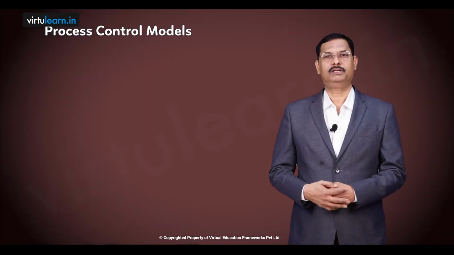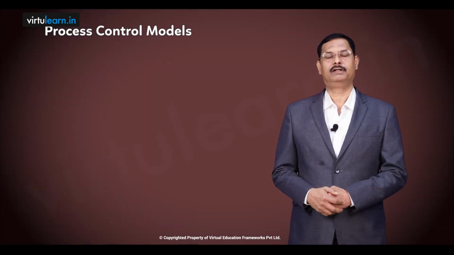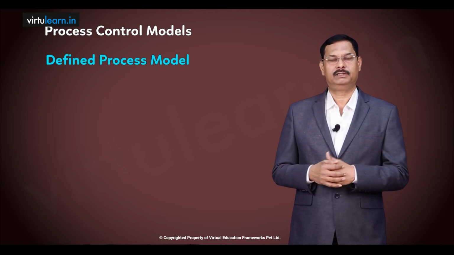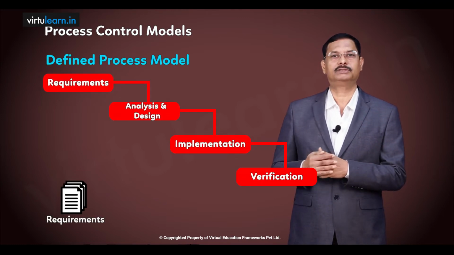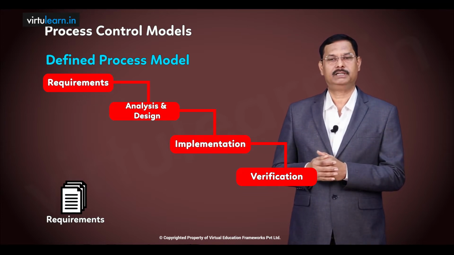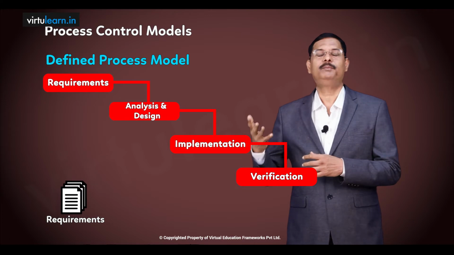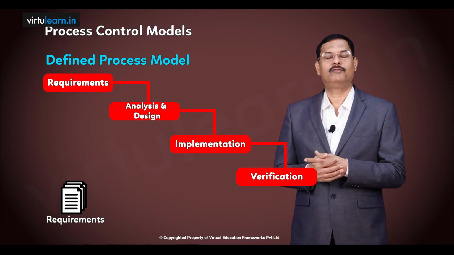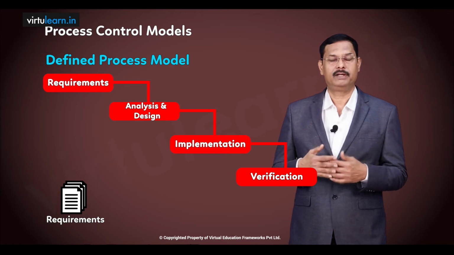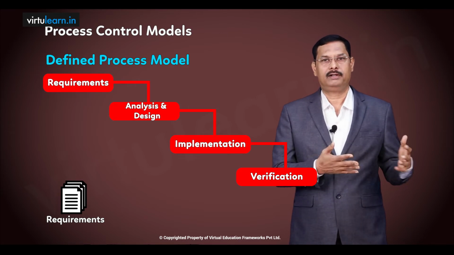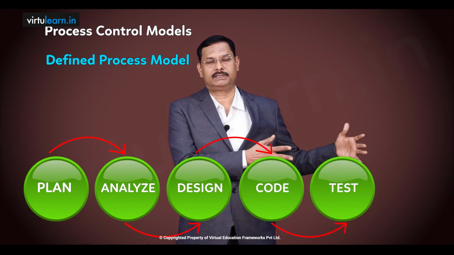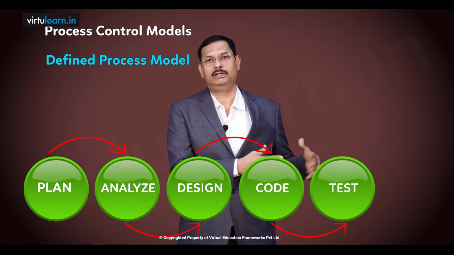Now let's talk about the two process models that we have. There are two process models. The first one is a defined process model. It's also sometimes known as predictive process model. Defined process model, or predictive model, essentially ensures that every piece of feature that we have to develop for our customer is known to us upfront, and they are analyzed, designed, coded and tested all together in one single